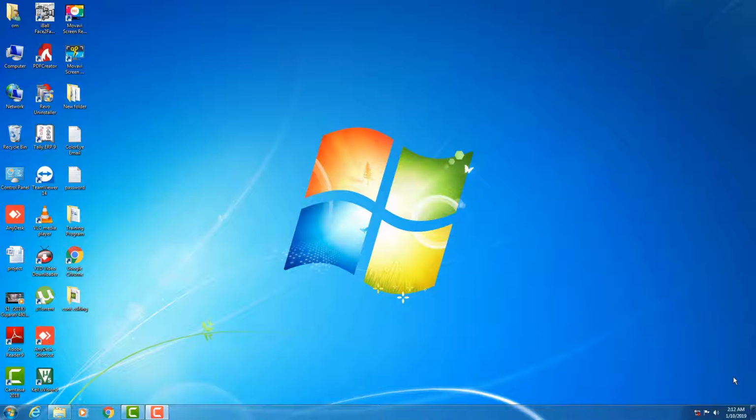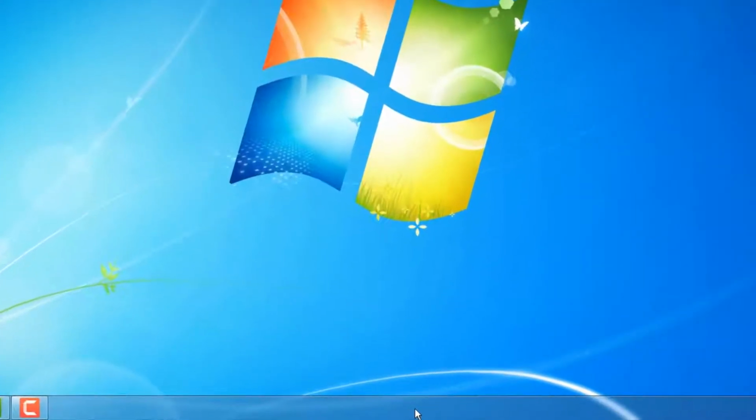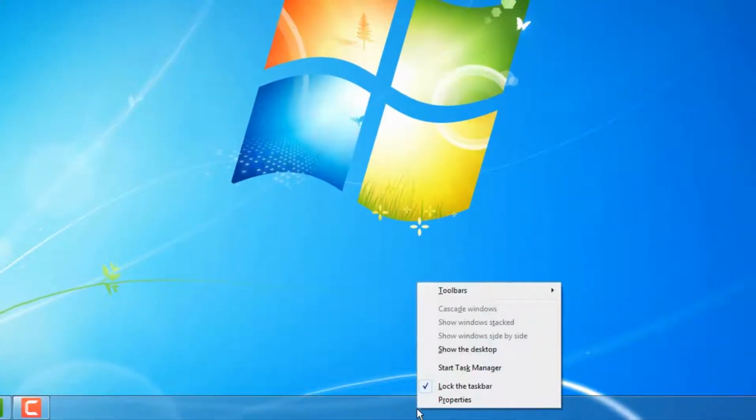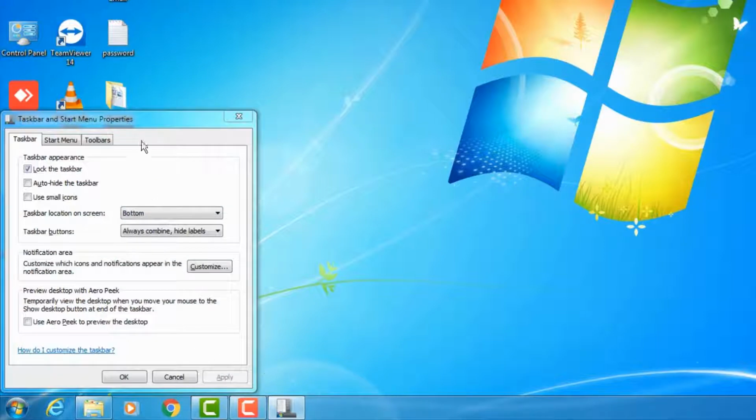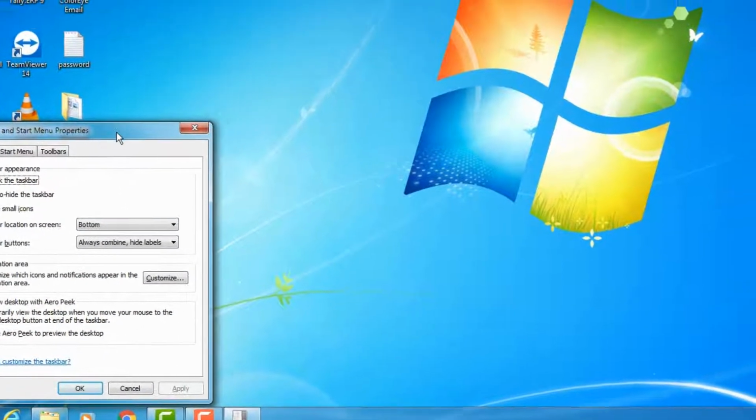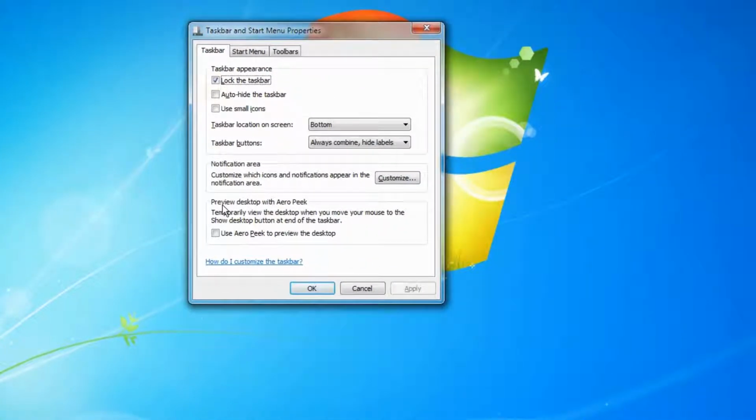Let us understand what is Aero Peek. Take your mouse towards the taskbar, right click, Properties. Now here you see the option Preview desktop with Aero Peek. What is this Aero Peek for? It temporarily views the desktop when you move your mouse to the Show desktop button at the end